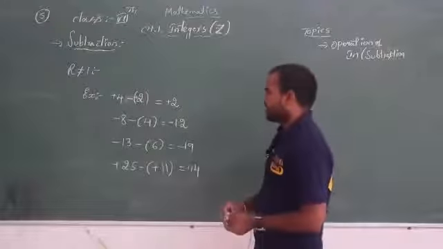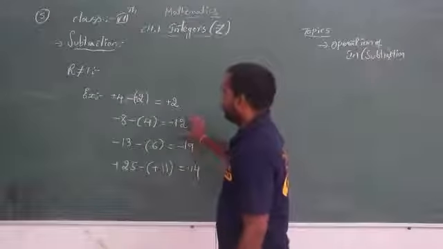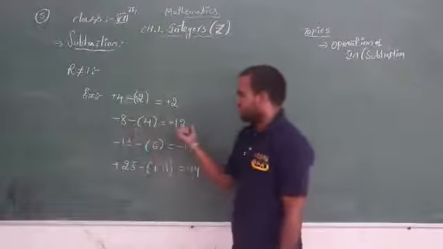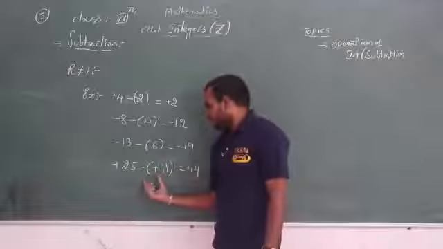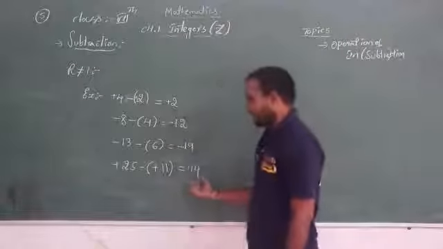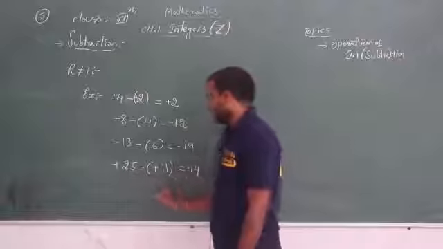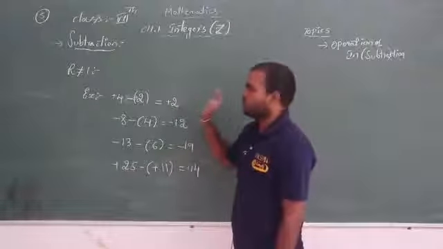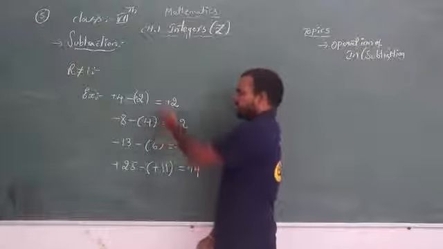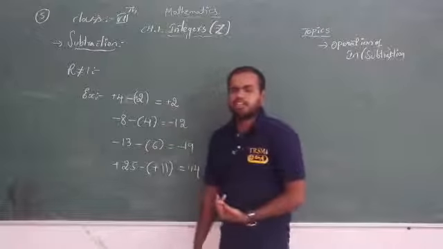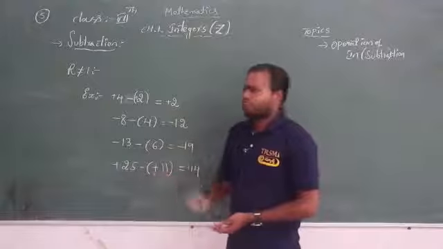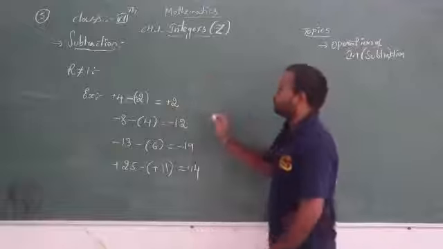So the thing you have to understand: what did we do here? Whenever you are subtracting the positive integer from a negative integer, we have to add the integers. But whenever you are subtracting the positive integer from a positive integer, we have to subtract the numbers, and whichever number is greater, that sign we have to take. So this is about rule 1. Okay, so rule 1, the subtraction, these cases, all these examples you have to remember. The next we are going to discuss about rule number 2 in the next class. Okay, for rule number 1 only, see a few more examples.